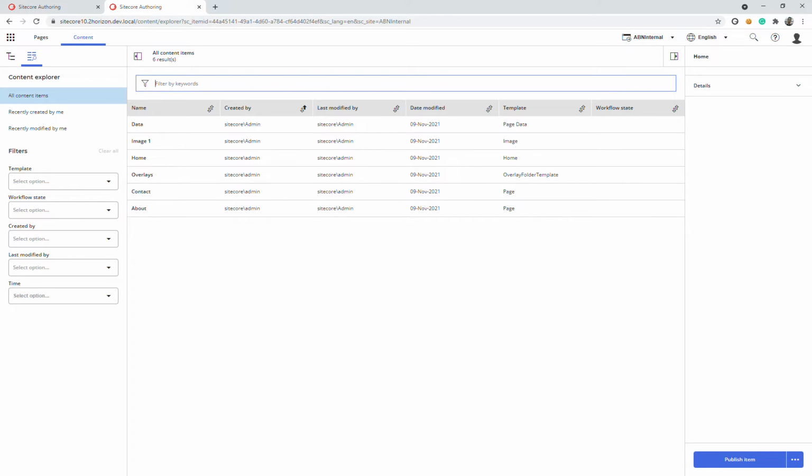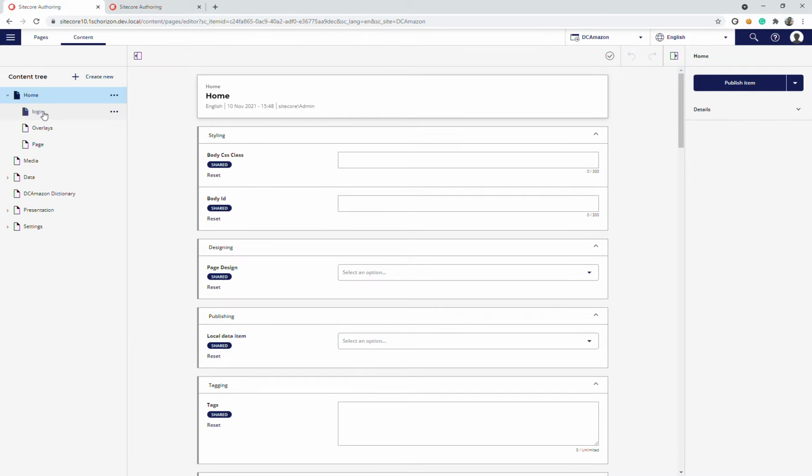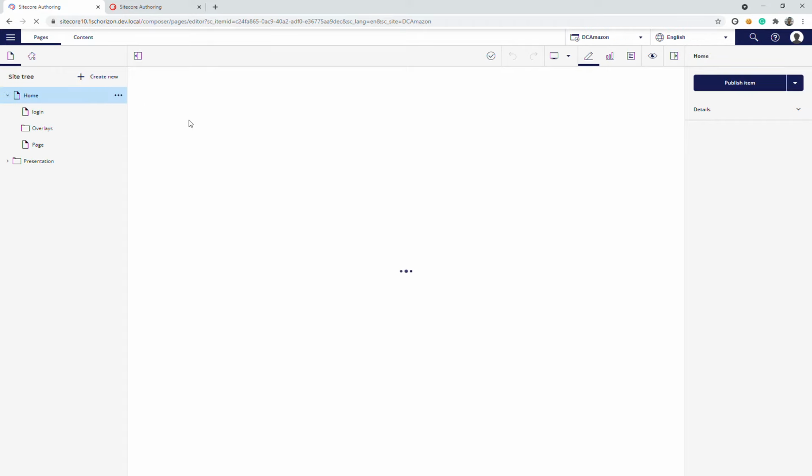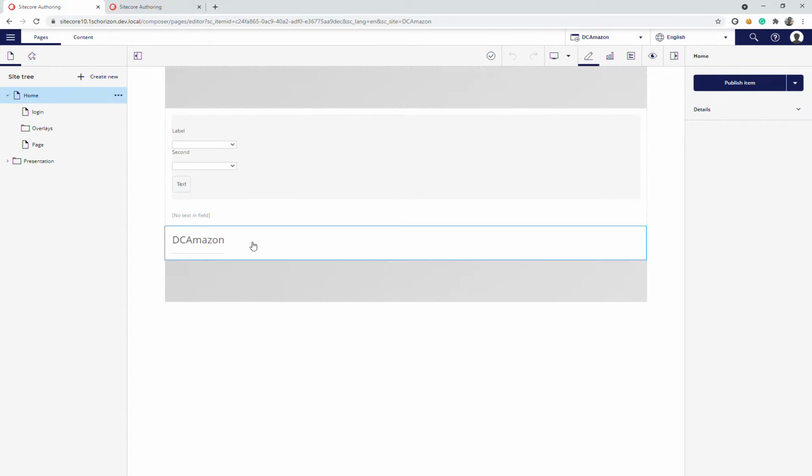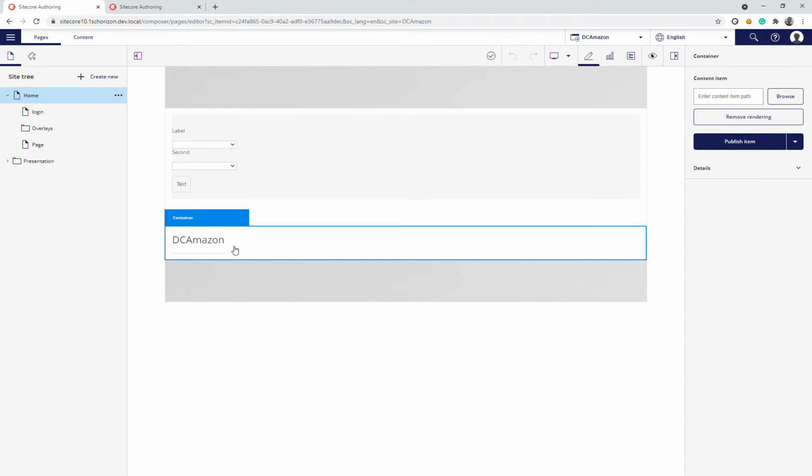The next thing is an improvement, navigating the page structure hierarchy. Let me open a page here in 10.1. If I go to the pages, I have a home page here, and suppose I have a title here, and above the title I have the container.